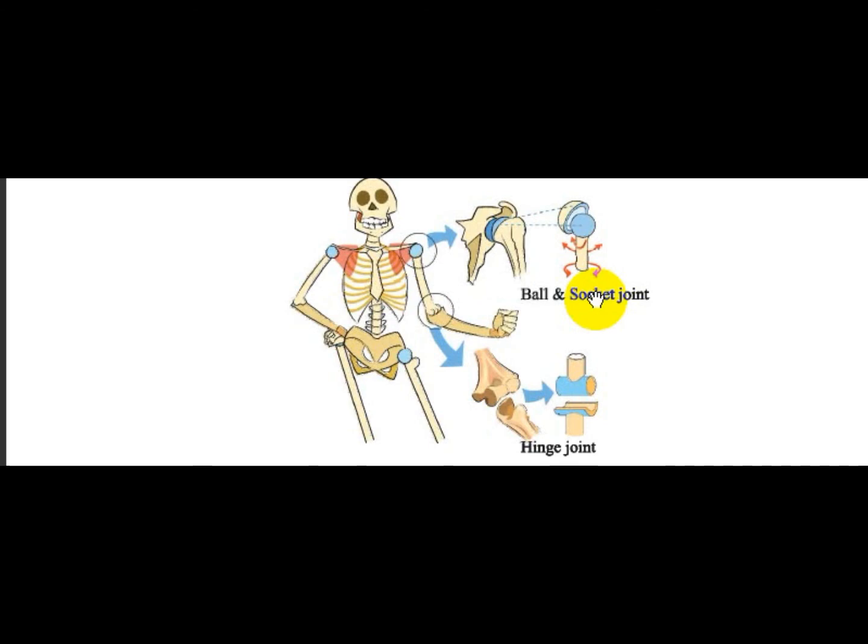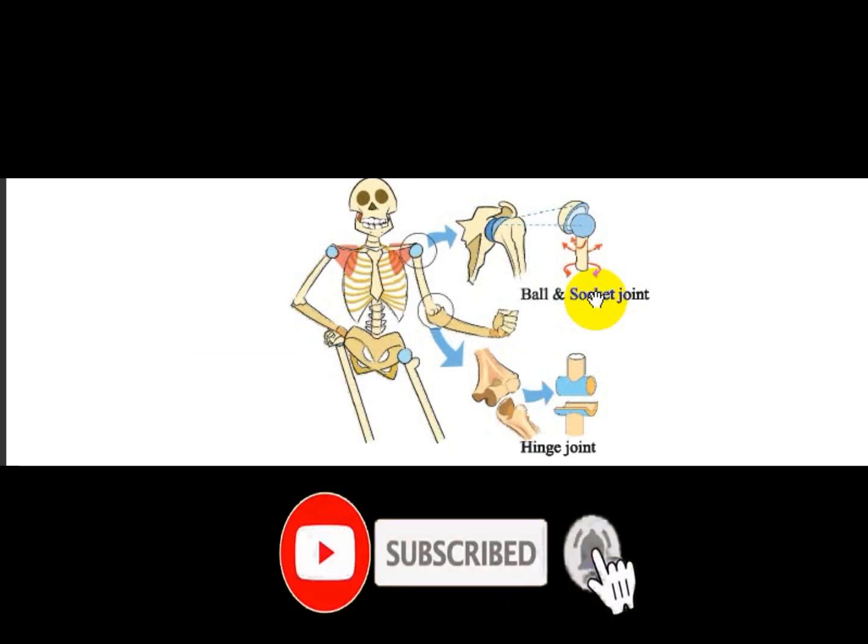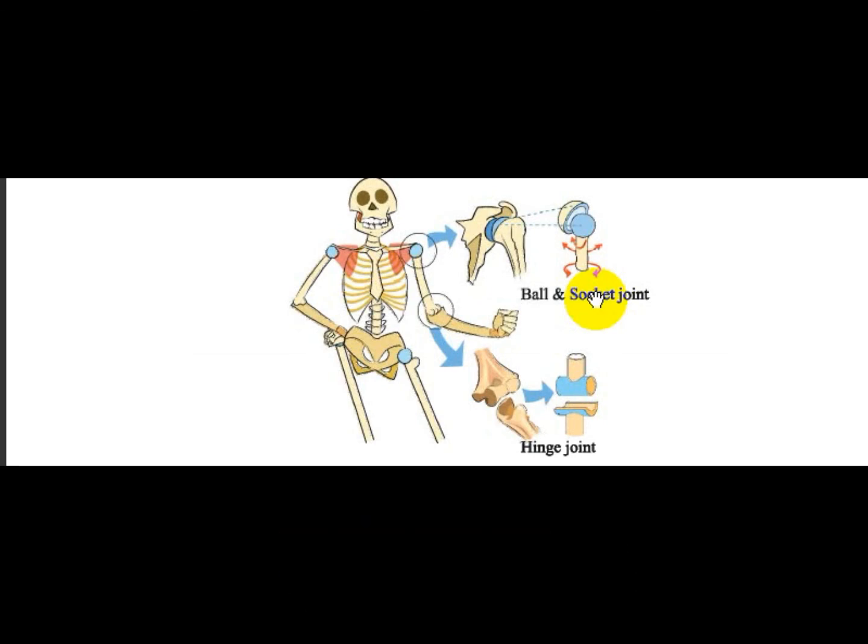And there are different types of compound joints, like our knee joint: the condylar joint, where the condyles of the femur join with the condyles of the tibia, and the saddle joint, where the lower end of the femur joins with the patella. The movements possible with synovial joints are abduction, movement away from the midline of the body, adduction, movement towards the midline of the body, flexion, bending the limbs at a joint, and circumduction, a circular movement around a fixed point.